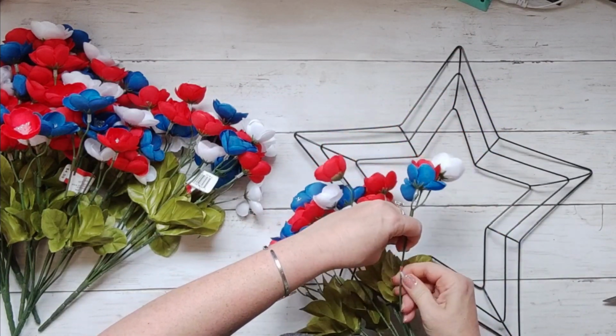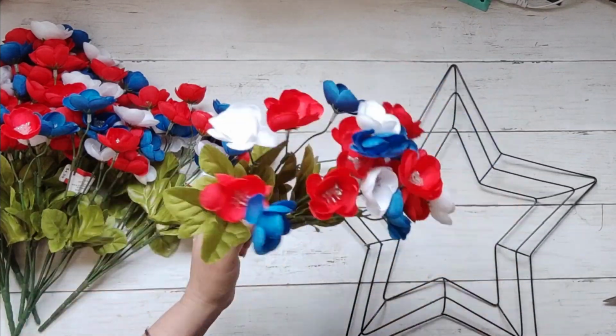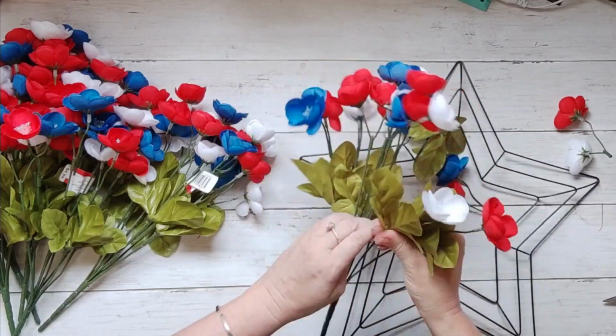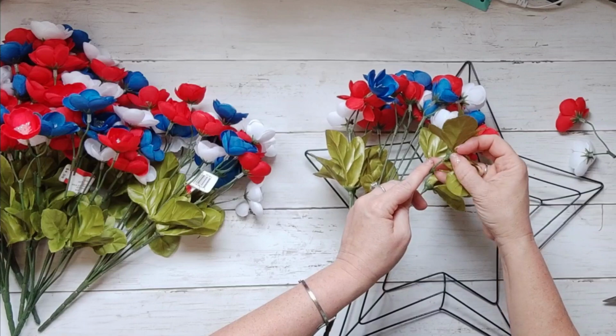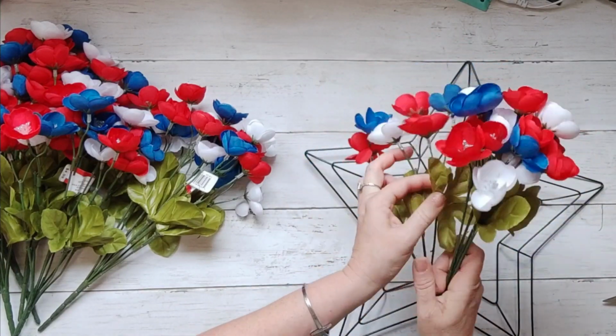So of course, I know Dollar Tree has red, white, and blue flowers, so you can use those. And their flowers are actually a little bigger, so you wouldn't have to use as many. And then I have these little zip ties. I actually got this whole kit of zip ties at the 99-cent store, so I was like, oh yay, they have these little